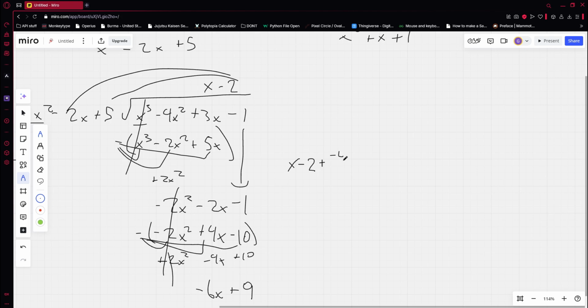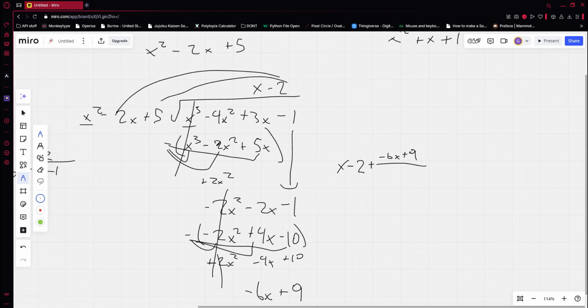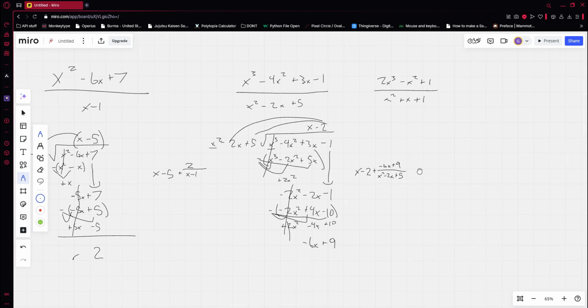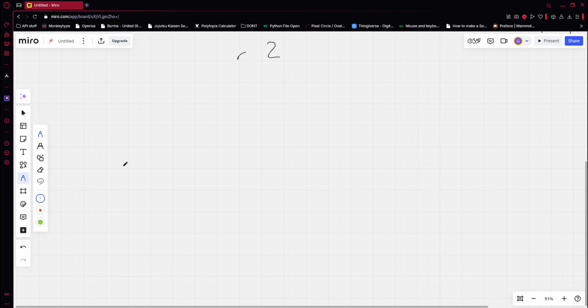Plus negative 6x plus 9 over this right here, which is x squared minus 2x plus 5. Boom! That's done. Now, if you have an equation that looks something like this, so you have 2x squared